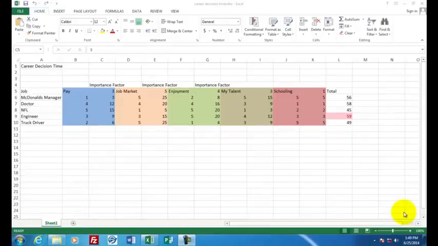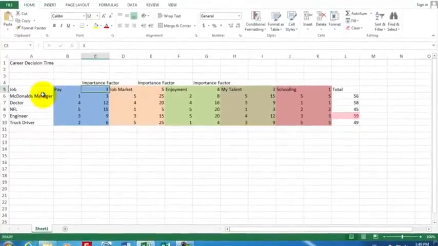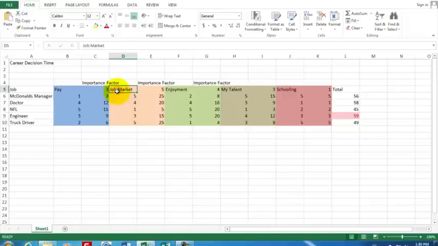Welcome to Excel assignment number 5. This is a decision chart that we're going to create using Microsoft Excel. Let's assume that you're going to choose a career based on several factors. We're going to consider several jobs here on the column A, and several factors that would lead you to decide to go into that field, such as your pay in that job, the job market, which would mean the likelihood